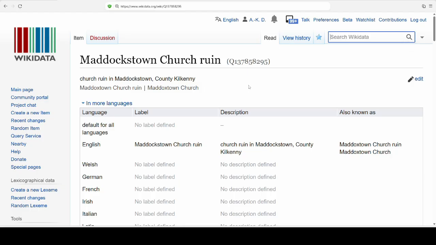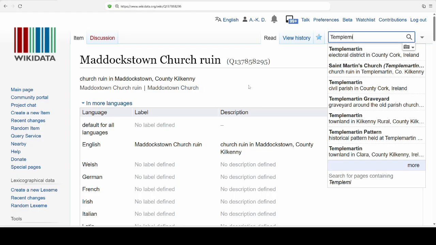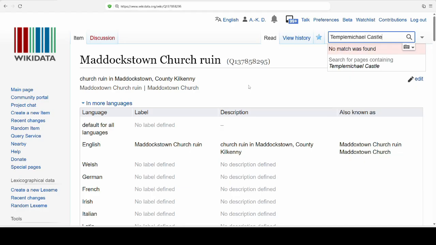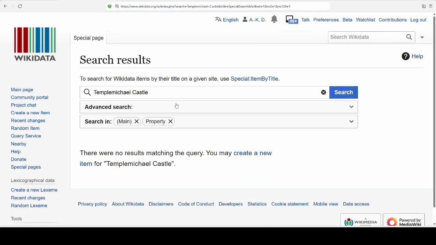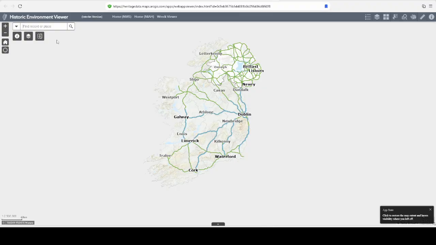And one way of doing that is to search for Temple Michael Castle. So it says no match found. I'll just click on that just in case, to find something similar. No. So that is one way of doing it, but just in case somebody only used the name of the family, for example, I usually also put in the SMR number or NIAH number, which you find using the